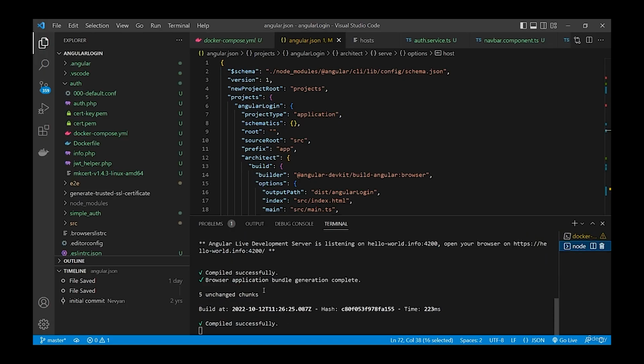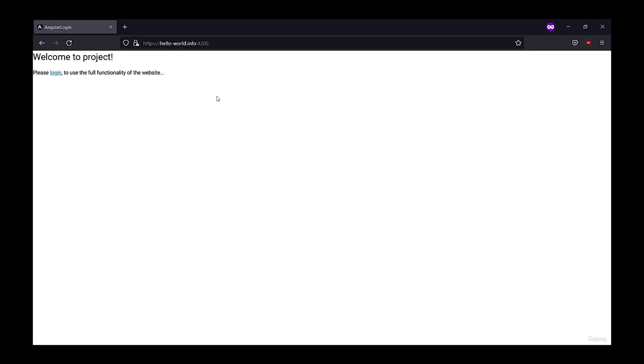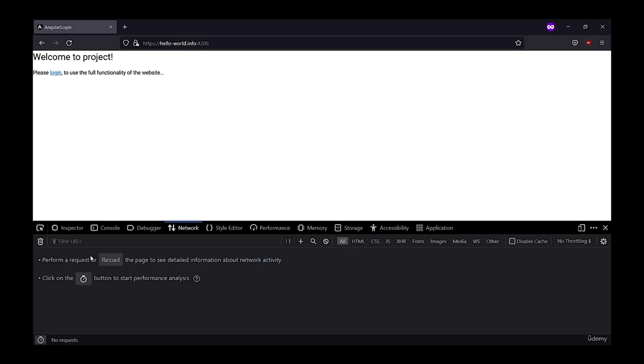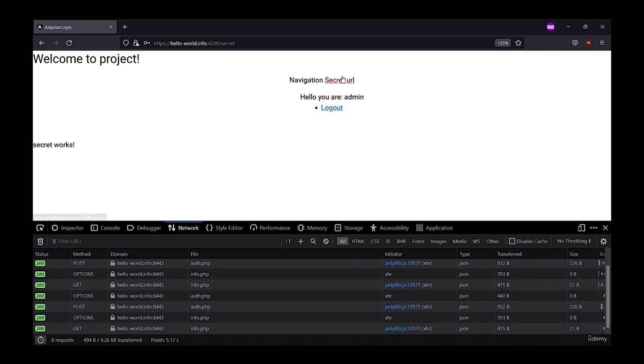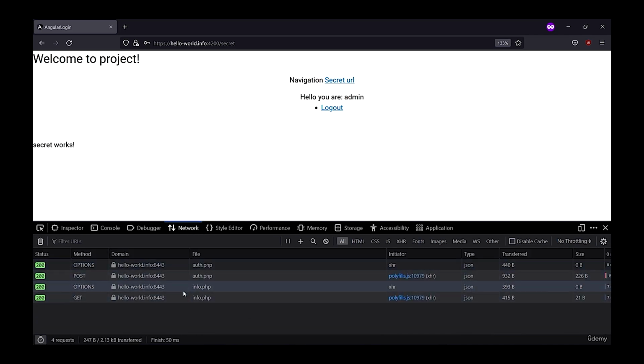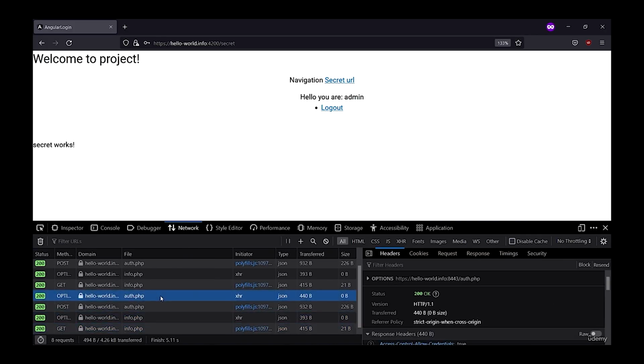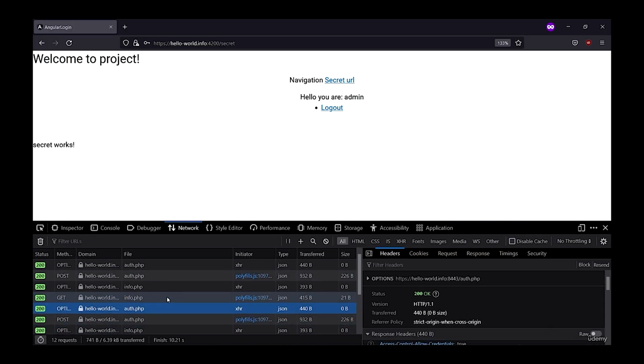Here we'll see that we can browse hello world on port 4200 with the HTTPS. So let's browse it, and we see our application running. If we open up the console, we'll see that we will not have a restriction from CORS errors or something like this. Of course, we can use our application, and as you can see, it works correctly. If we clear up the network tab, we see that every 5 seconds, this application requests a refresh token, and this token actually